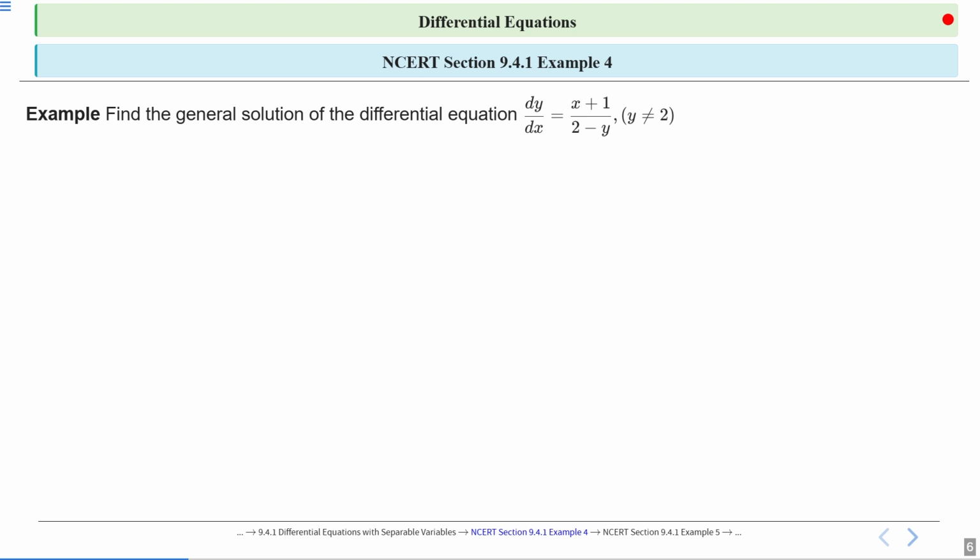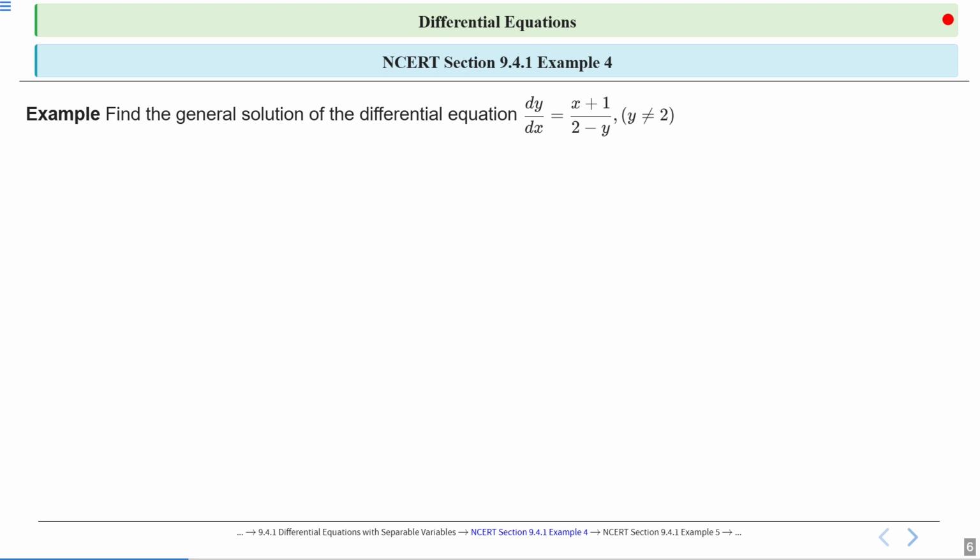Okay. So, as we can see, in the given differential equation, the highest order derivative term present is dy by dx. So the order of the given differential equation is 1. And as the given equation is polynomial with respect to the derivative dy by dx, and the power of the highest order derivative, that is dy by dx, is 1, the degree is also 1. So the given differential equation is of first order and first degree.